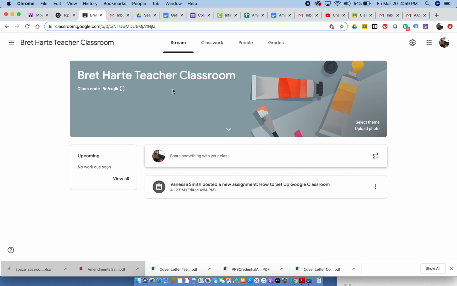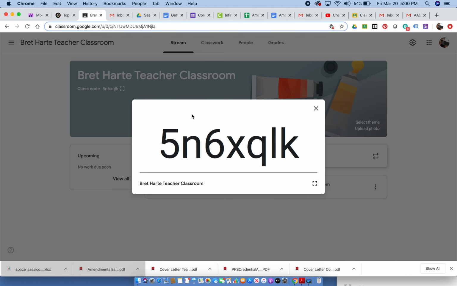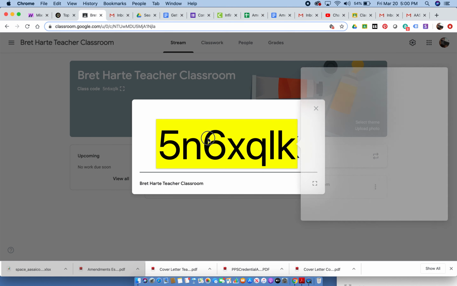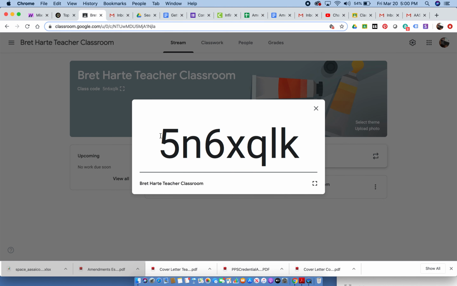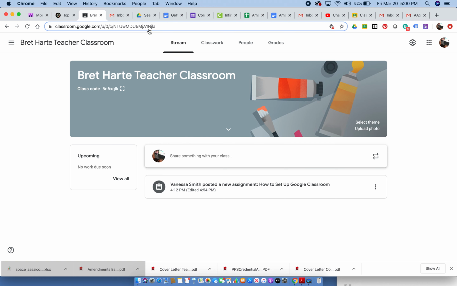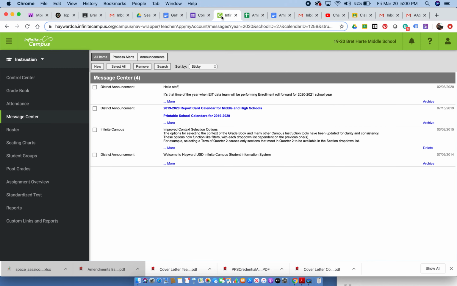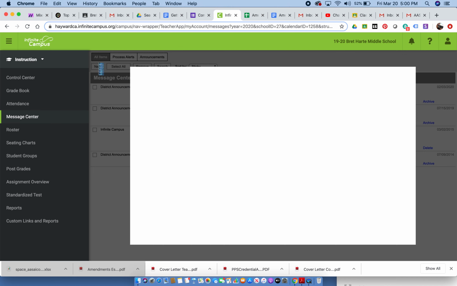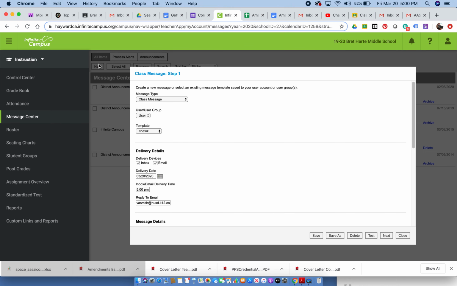But once you have your Google Classroom set up, remember this one is for us, but it does have the class code here. So what you'll need to do is copy this class code, and you can either copy and paste here, or you can blow it up so that it's huge on the screen and then copy it this way as well, depending on whether or not your students need it very large. I'm going to copy it large because some students act like they can't see. So what you do is you copy the class code, you go over to Infinite Campus, and then you create a message, new message, class message,